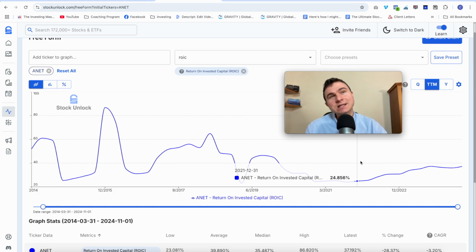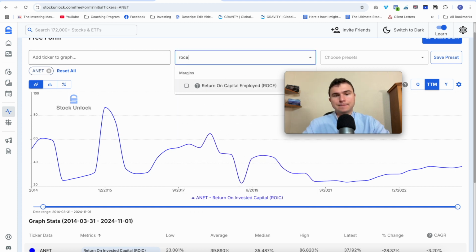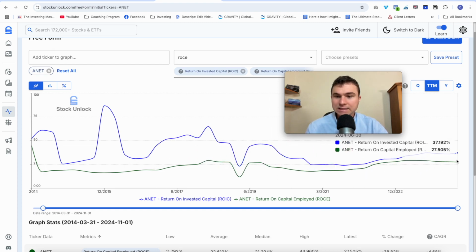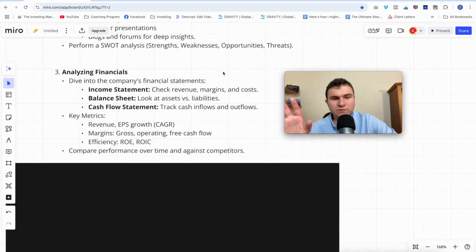So you get a business that is trading, I don't know the valuation, by the way. You get a business that is growing more than the current market, that is more efficient than the average market. That's a superior business. And a high return on capital employed, a high return on invested capital, that's very similar. A sustained return like this indicates a moat, a competitive advantage. So maybe this business is superior for a reason. I would check the qualitative aspect of this, but this is for later. So I think that's it for the step 3.